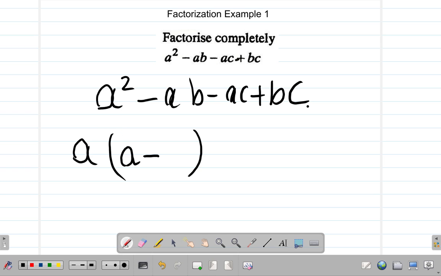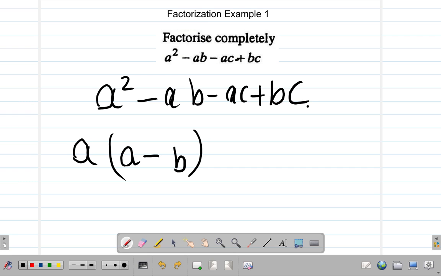And you have minus A times this will give you AB. What is it that you must put here? It must be B, so that A times B gives you AB. You see that? Now here,